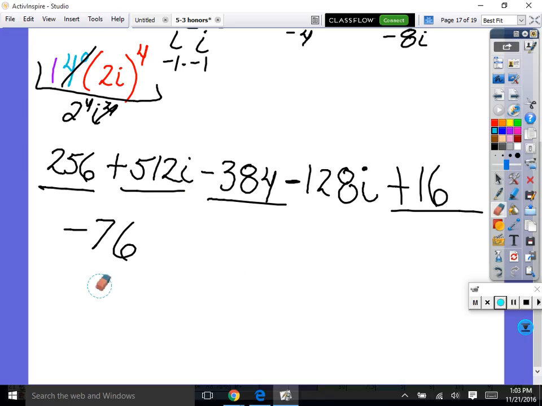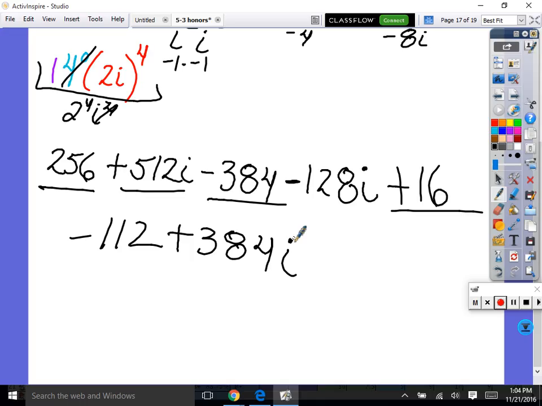This is not 76? Okay, let's just fix it real quick. What is it? Okay, negative 112. Okay, perfect. And then how many i's? Positive 512i's minus 128i's. Negative or positive? Positive